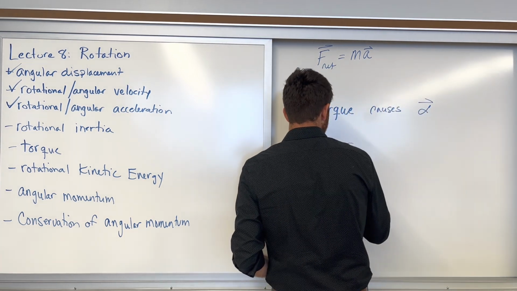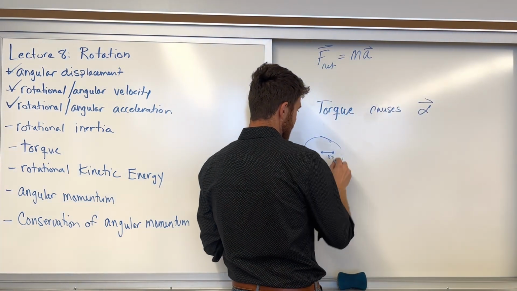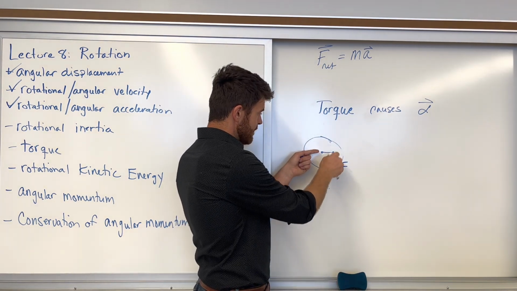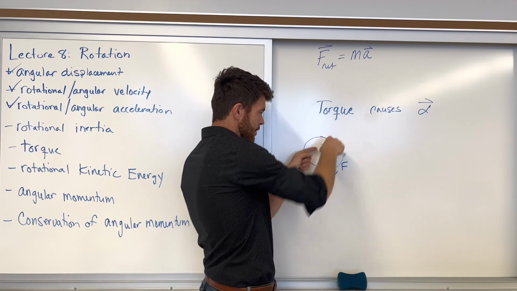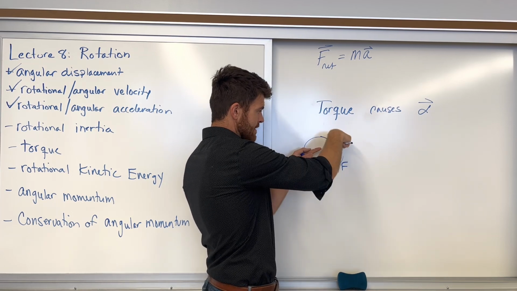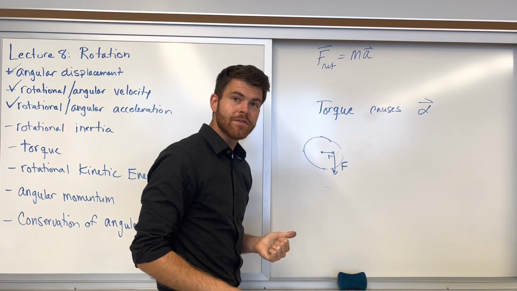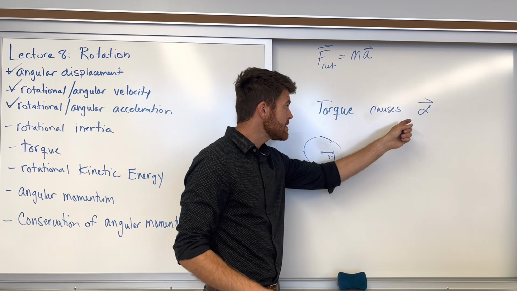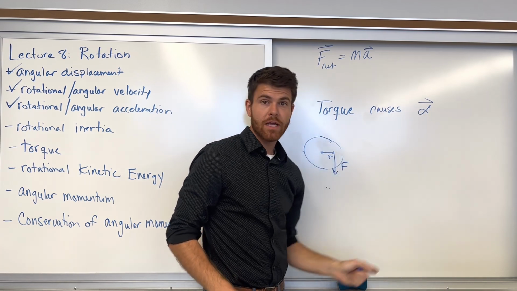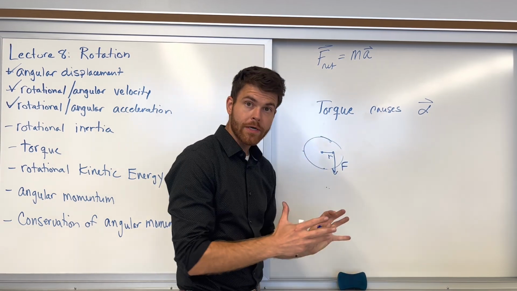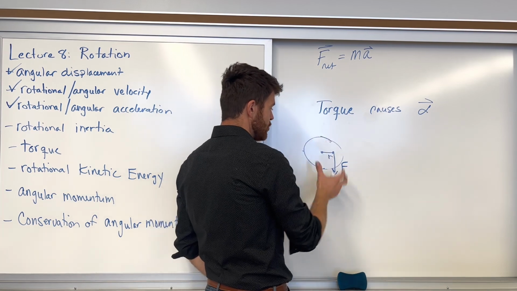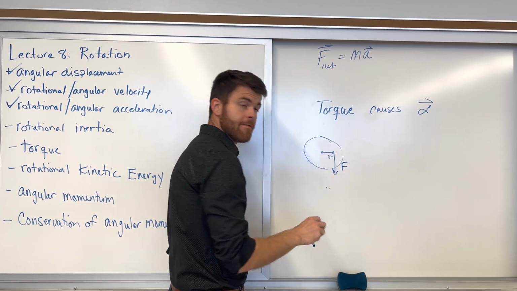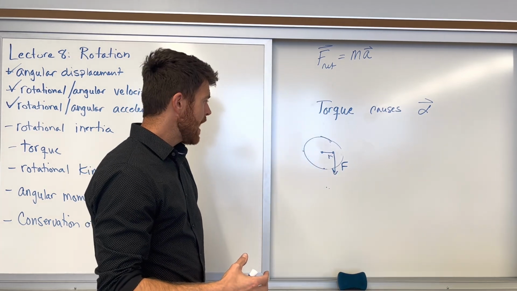However, if I rotate the direction of that applied force, now, if this is free to rotate about this axis and I apply a force at a distance r from this rotational axis, downward, that wheel is going to start to rotate. That wheel, or disc, is going to experience an angular acceleration. So torque is produced by applying some force at some distance from the rotational axis,